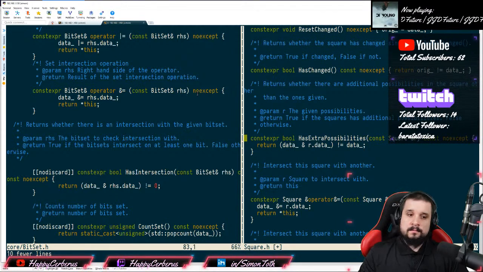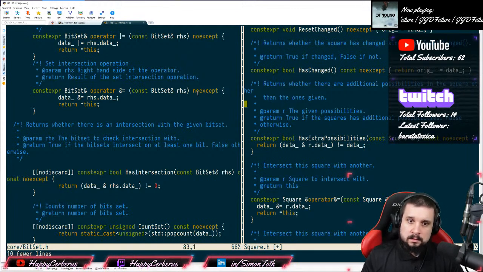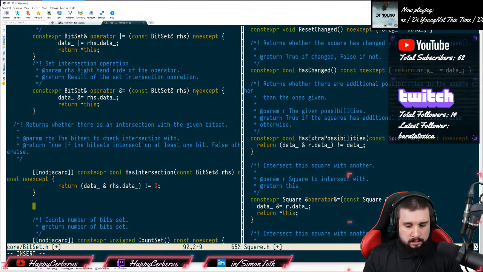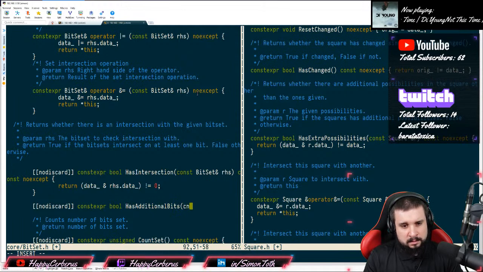I mean, this is a little bit special, but I kind of feel I should have it on the bit set as well. Has additional bits or something like that. Const